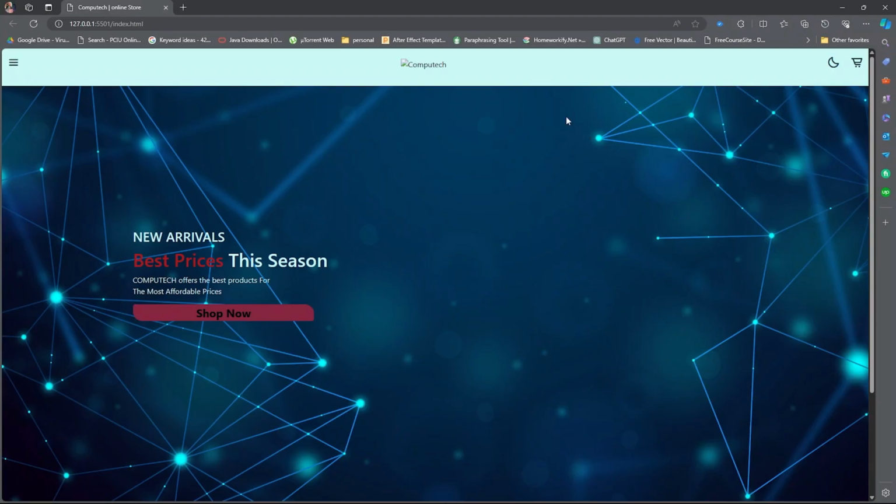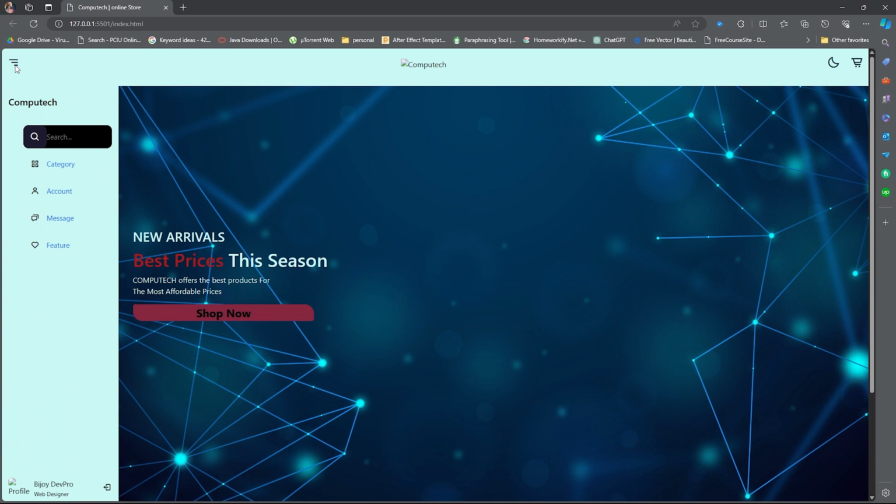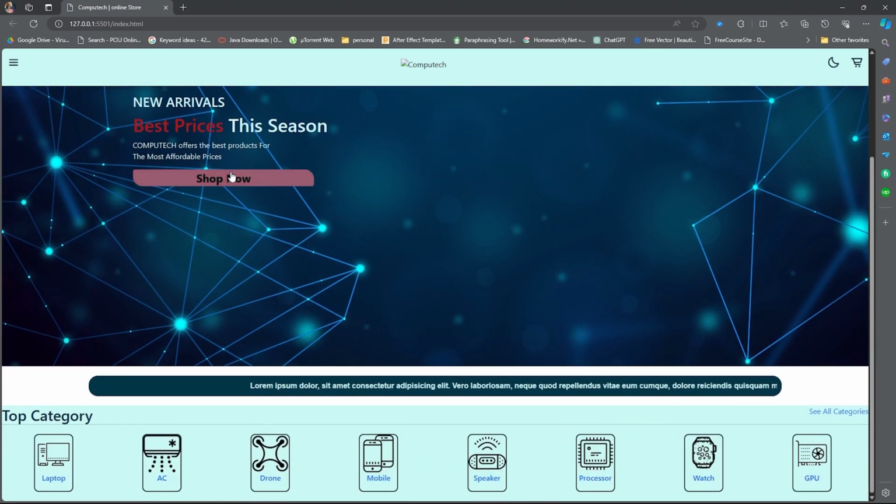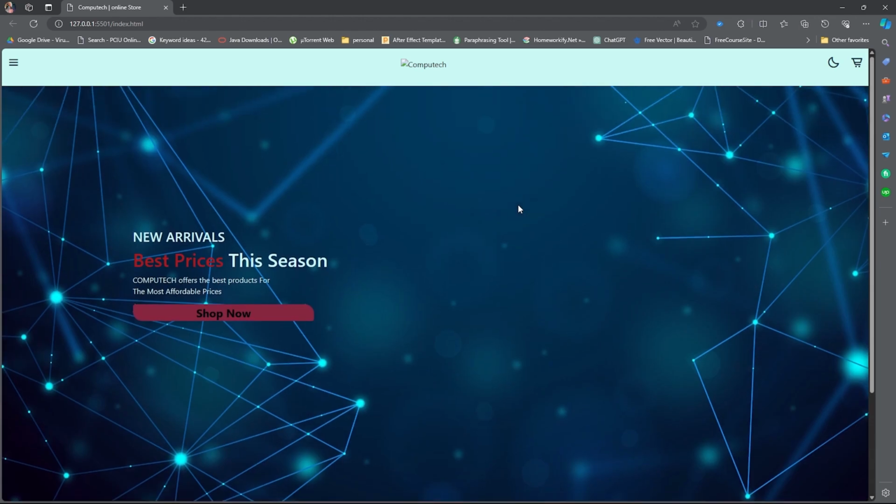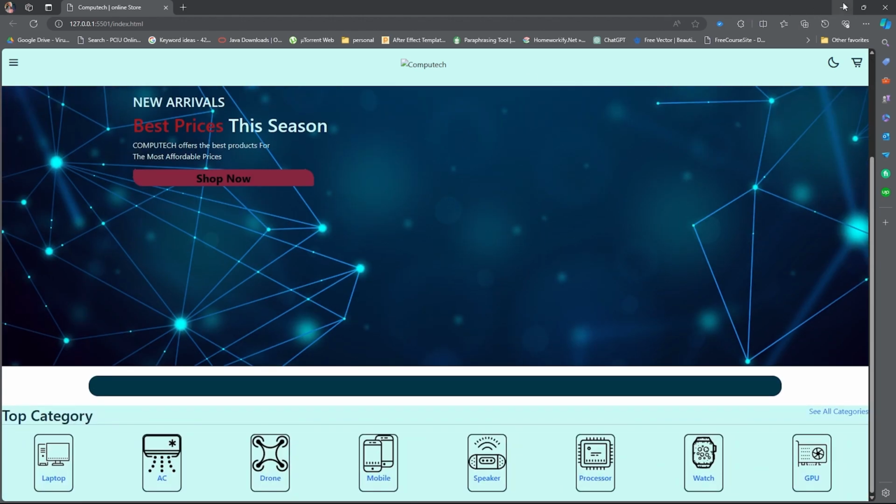And hello everyone, this is Vijay. In previous tutorial we completed a home section and a shop now button and top categories. Today we are adding a product card and product images. So now let's go. Open your VS Code